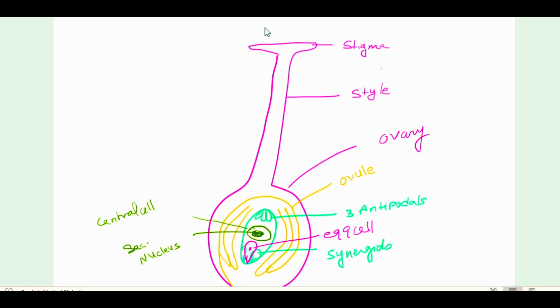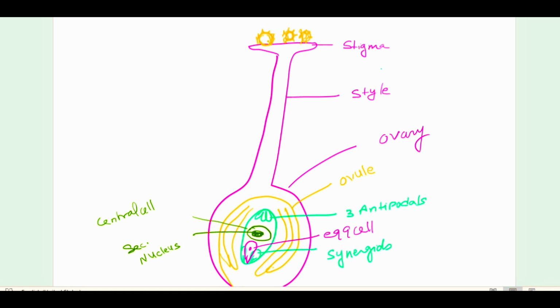So I'm using this yellow color for the pollen grain with exine and intine. Now many pollen grains have landed on the stigma. Pollen grains may reach the stigma at the two-celled stage as well as the three-celled stage, depending upon the species. Suppose these pollen grains have reached at the two-celled stage. Now, after this, what will happen?